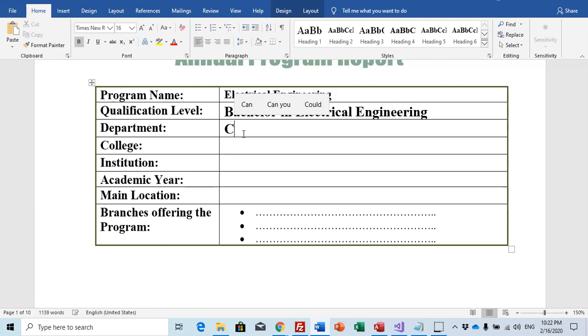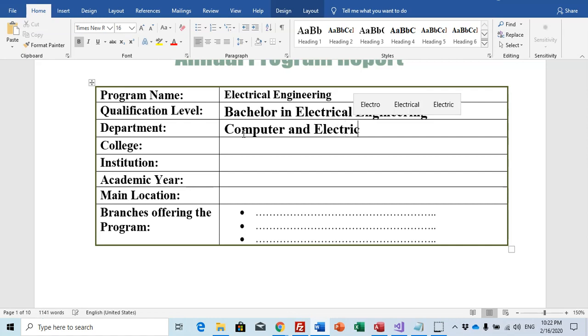Department, for example, computer and electrical engineering. In one department, maybe more than one program. This is for electrical engineering program, and maybe there is another program, for example, computer engineering.